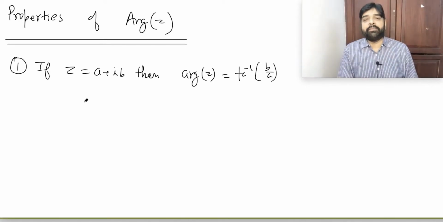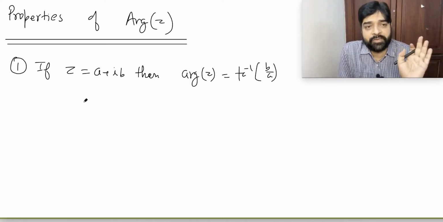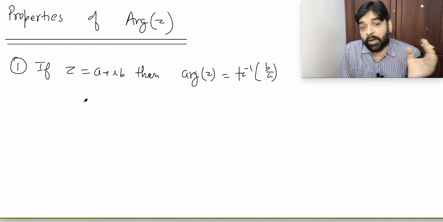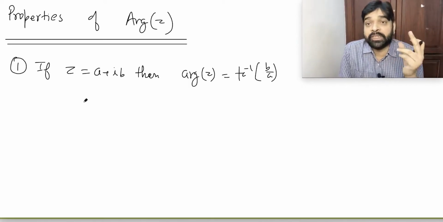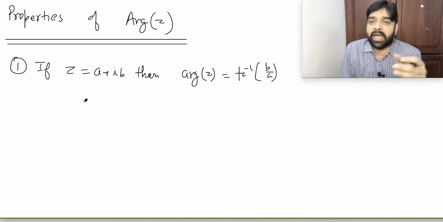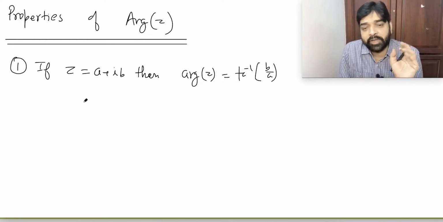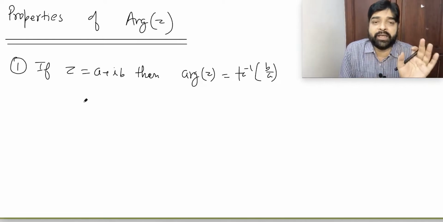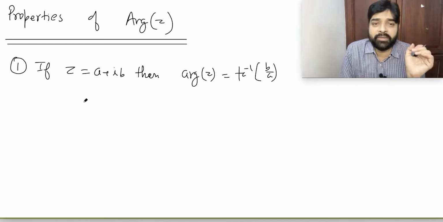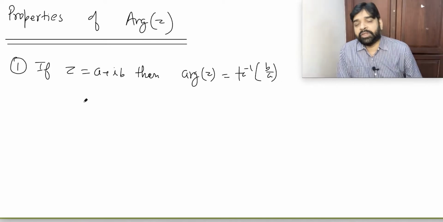Be clear, when a and b value is not known, then don't think about the quadrant. Always think it's in the first quadrant. Suppose you have taken Z equal to a plus ib, now you are writing argument Z. So you say, sir, argument Z is not always tan inverse b by a. It may be that, or maybe pi minus this, or maybe minus pi plus this. Anything can happen. So how can you write like this? Yes, you can write by assuming that a and b are in the first quadrant. If it's wrong, then automatically a and b will come negative, and that answer will come according to that. Understood? So this is the argument Z.